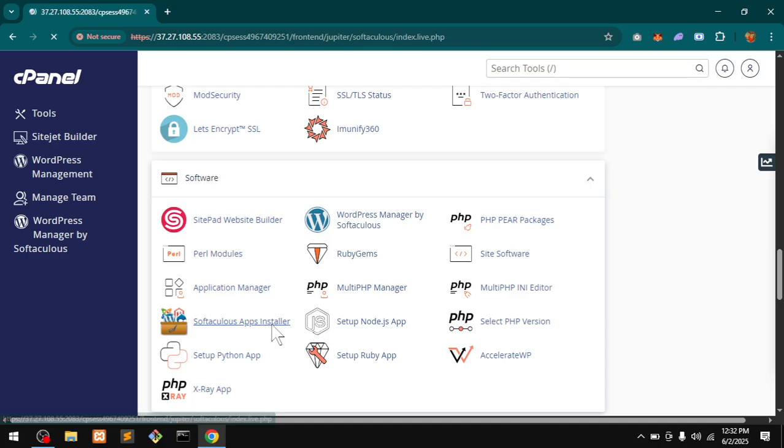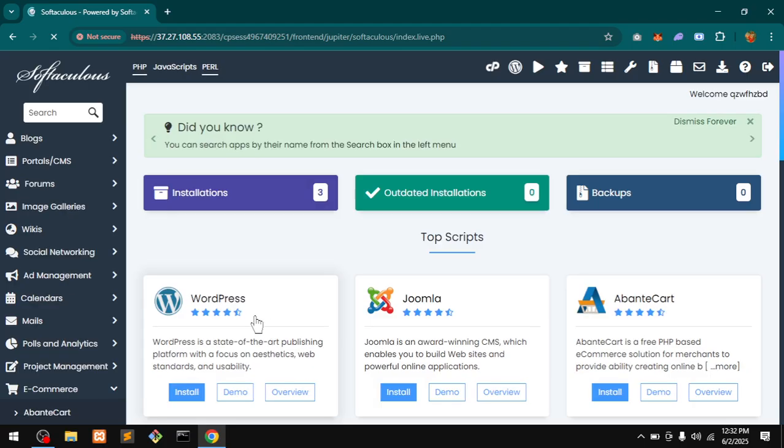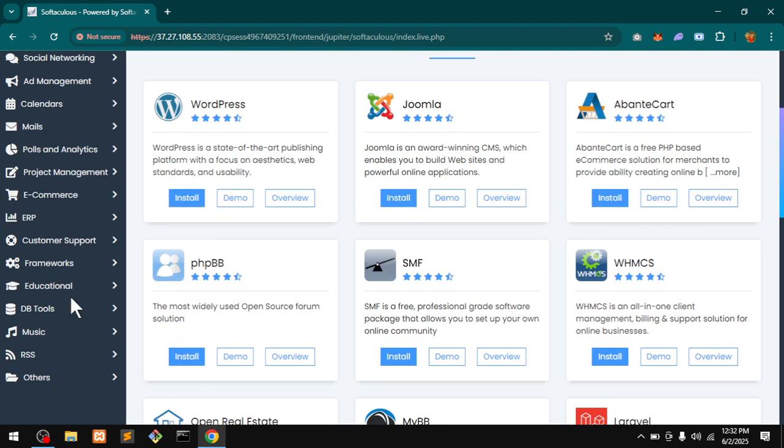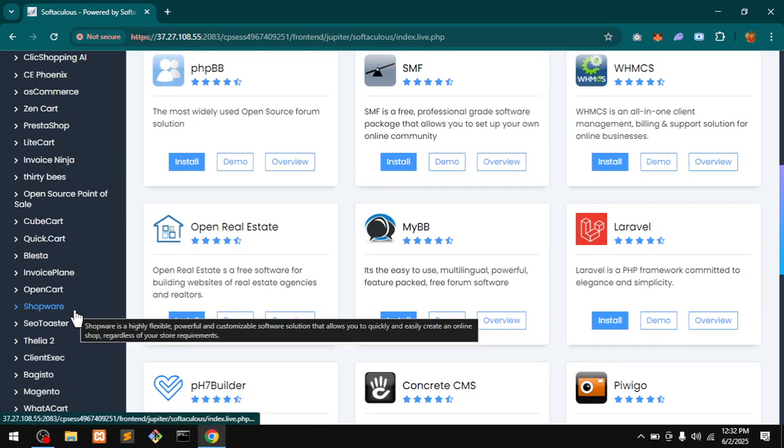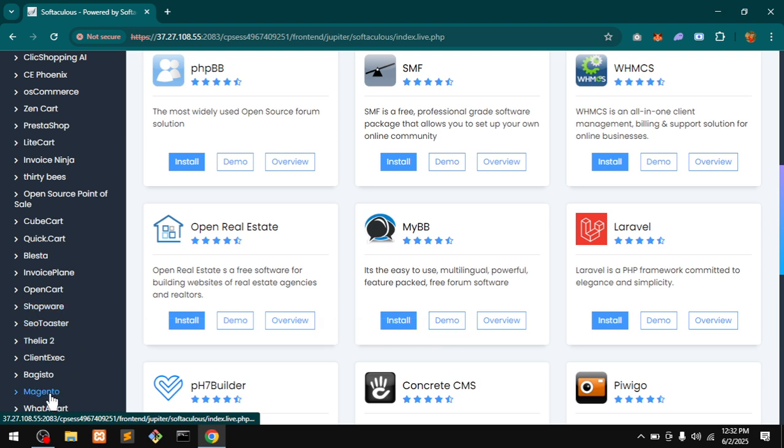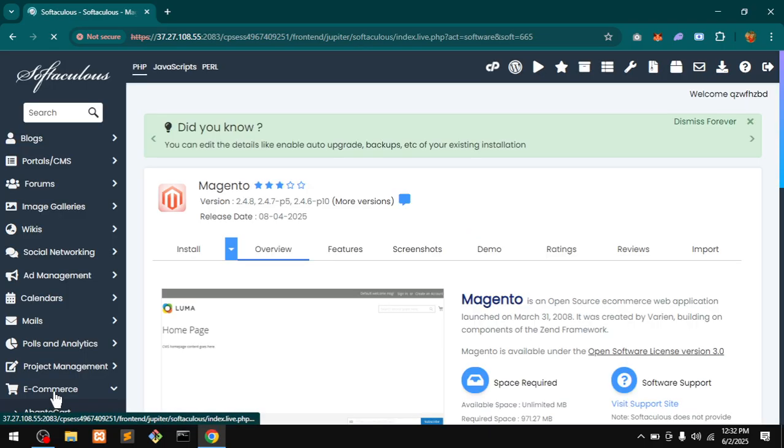Click on this, and here under the e-commerce tab, look for Magento. So here it is. Click on Magento, and I will be installing Magento with the